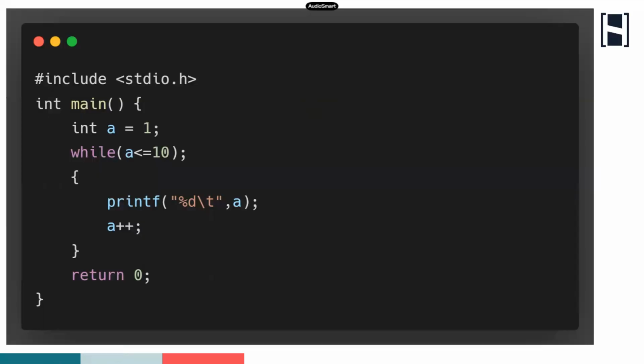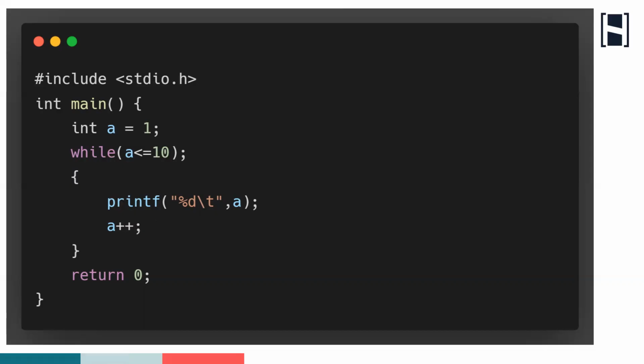So have a look at this program. In this program, we are using a while loop. We all know that every while loop is going to have three parts: one is the initialization, one is the condition, and the other one is the iteration. So here, all three parts of my while loop have been defined properly. I am saying int a is equal to 1. So this is my initialization. Then I'm saying a less than equal to 10. So my condition is also given here. Then I'm saying a plus plus. So then I have my iteration part also.